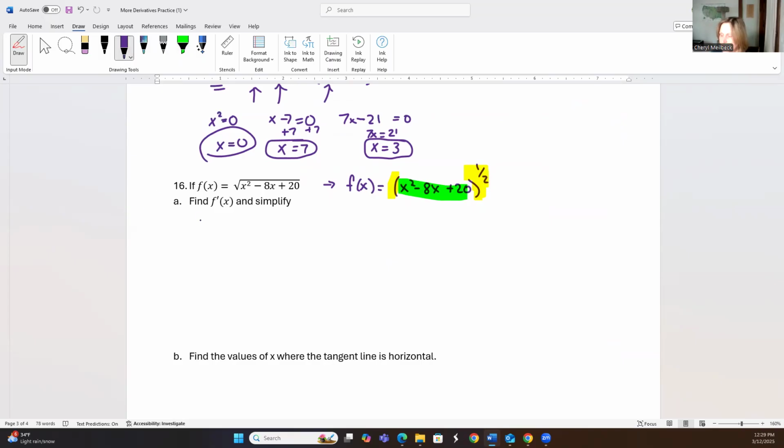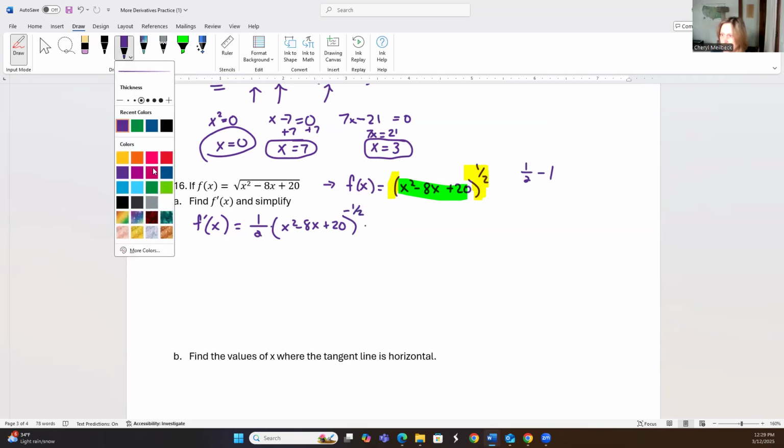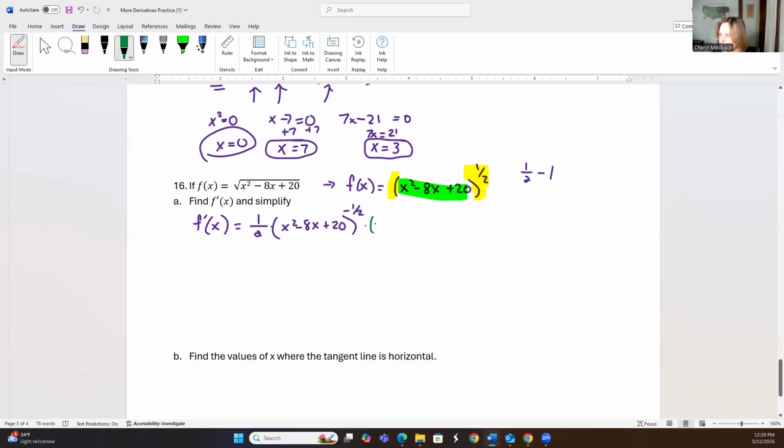So our derivative will look like this. And we'll have 1/2 times the (x squared minus 8x plus 20). And now that we've done that, we have to subtract 1 from our exponent, which will give us a negative 1/2. Now we take the derivative of the inside function, where we'll get 2x minus 8. Cleaning this up,